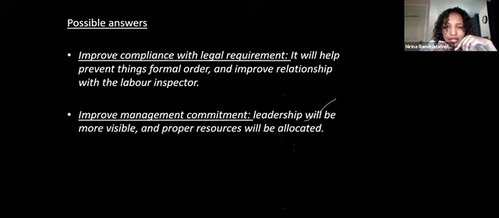So try to combine your answer. For example, this will gain you different marks. There's one mark for improving management commitment, another mark for the visibility of the leadership, and another mark for the resources. So I'm just combining the answer here. This is something you can do. Just don't put everything in one very long paragraph. I could separate these three into different bullets, but I decided to combine them here. That's also okay, as long as you don't put everything in one very long paragraph, because it's really hard for the examiner to check. These are just possible answers.